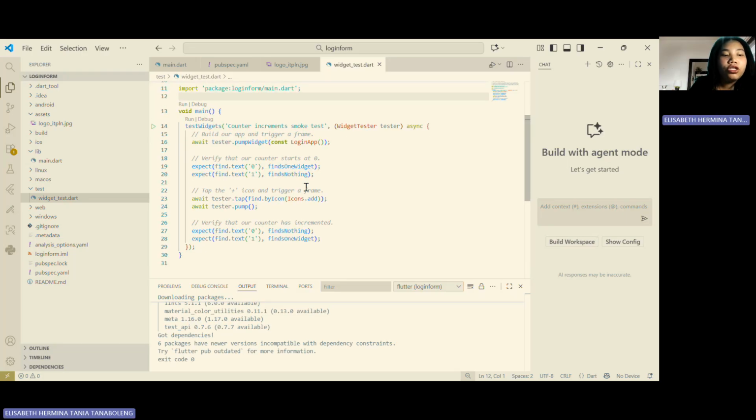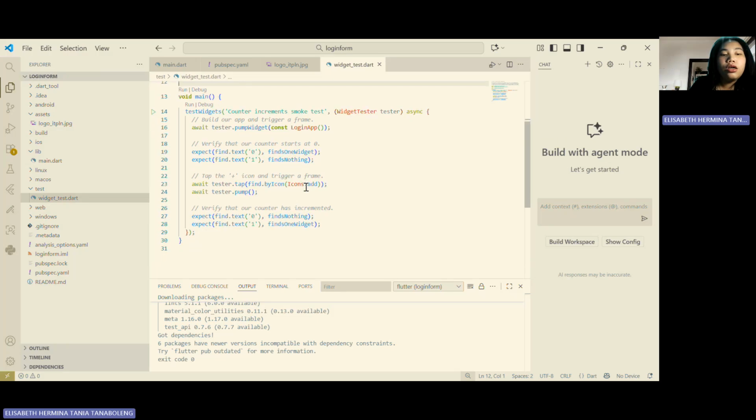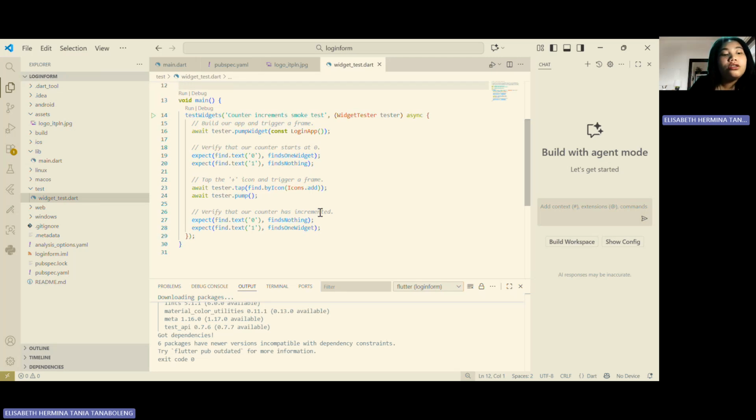In your own project, ETPLN Login, you can use a similar structure to test things like: do the username, email, and password fields appear on the screen? Number two, does the login button display the appropriate message? In other words, this file is an automated debugging tool to keep your Flutter application stable and error-free before publishing.